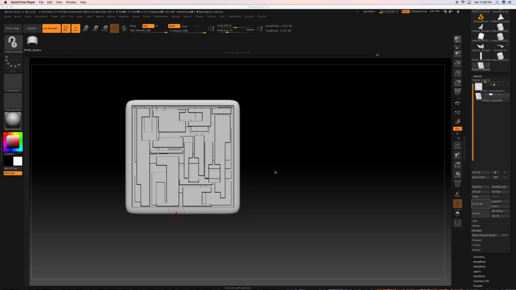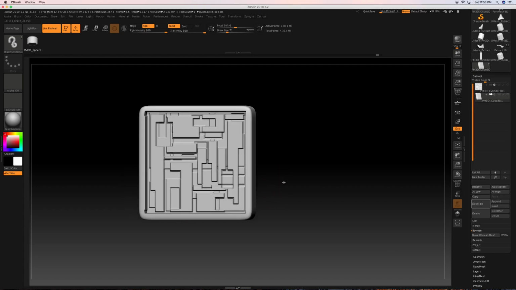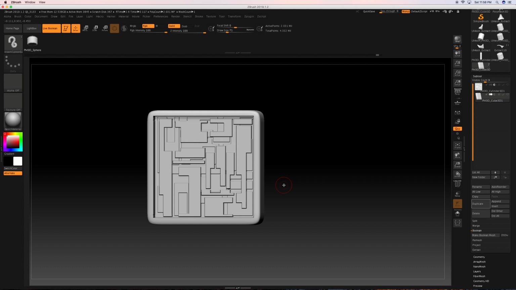Okay, let's continue. So in this lesson, we're going to draw out our wires onto this template and have them subtract off to create our boolean, sort of the final phase. And for that, we're going to be using a culmination of curve brushes, insert curve brushes to get us there. Now, we haven't talked about insert curve brushes, so we're going to do a little brief introduction to that here